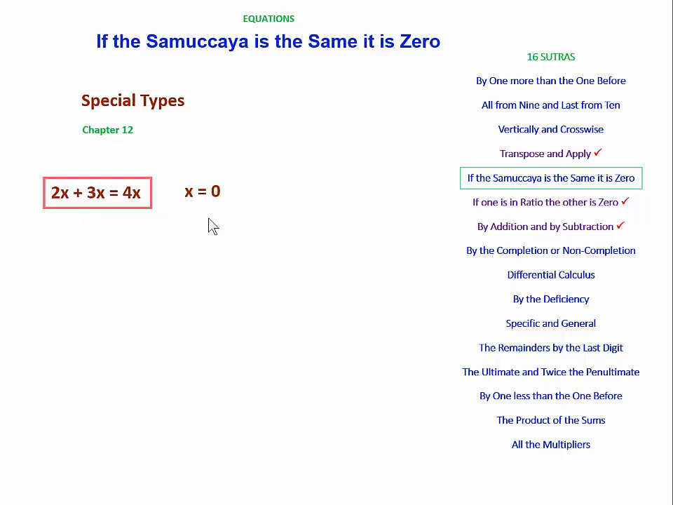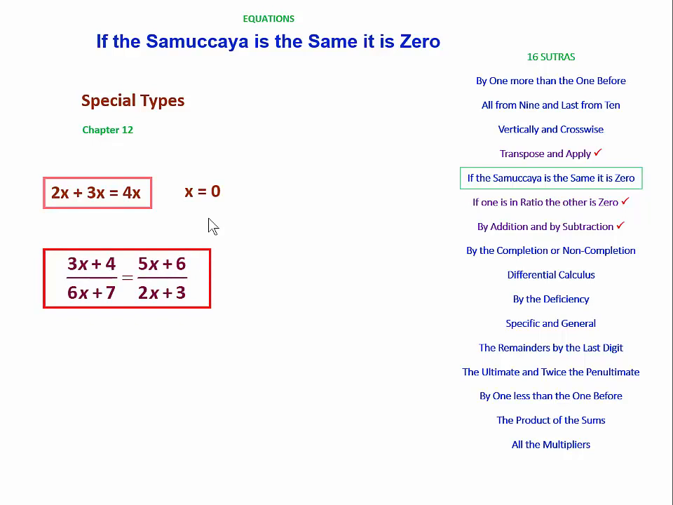And there are many variations of that too. Another class of equations is like this. This would involve quite a lot of work. You'd have to cross-multiply, transpose, cancel, and so on. But here we notice a special characteristic, which is that the sum of the numerators is the same as the sum of the denominators. That is, 8x plus 10 equals 0. The numerators add up to 8x plus 10, so do the denominators, and therefore 8x plus 10 is 0. And the samuccaya meaning here is combination or total. The total there is the same as the total there, therefore it equals 0, and therefore x is minus 5